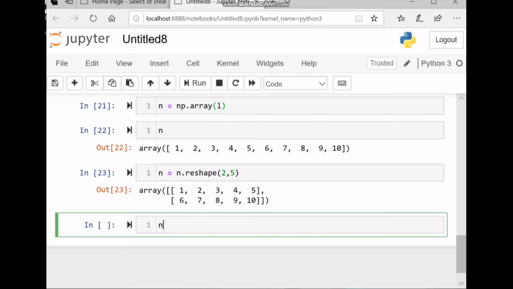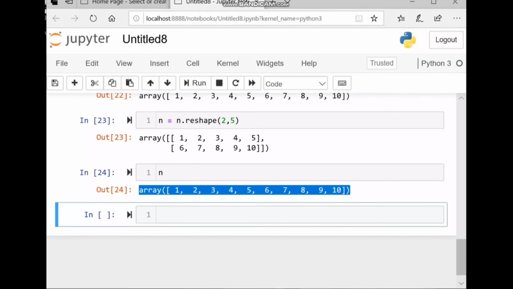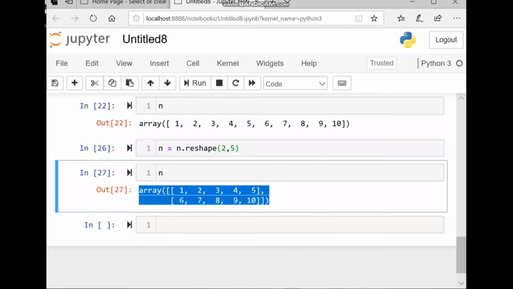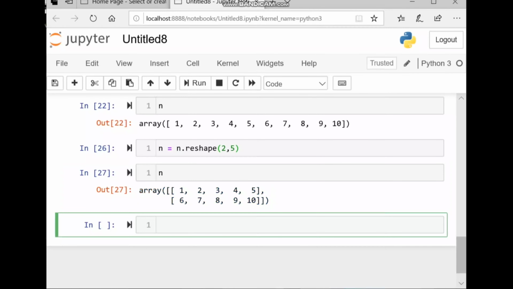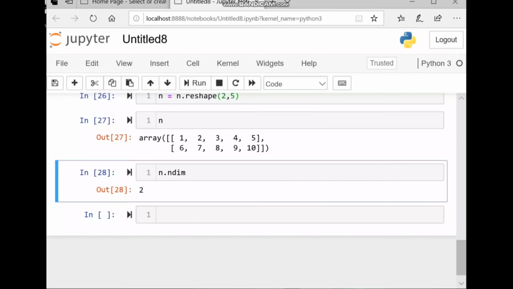See, this is a 2D array, 2 rows and 5 columns. We can check the type of this array also with n dot ndim, and see it is a 2D array. We can also reshape this array into a 3D NumPy array.